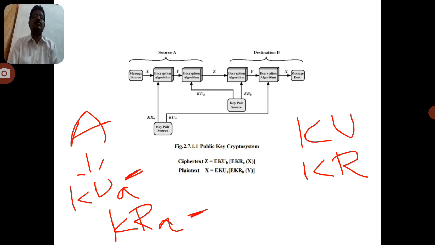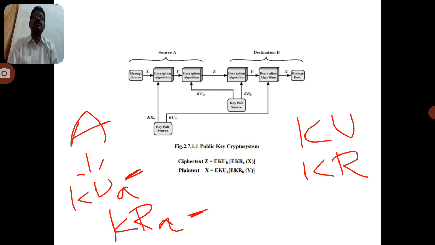So this is the second point. First, each end user can generate a pair of keys, the public key and the private key. Second, out of these two keys, the secrecy is in the private key, not in the public key. So they can keep their private keys and distribute their public keys to each other.